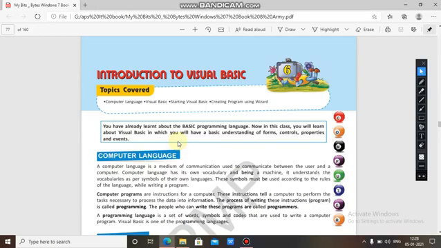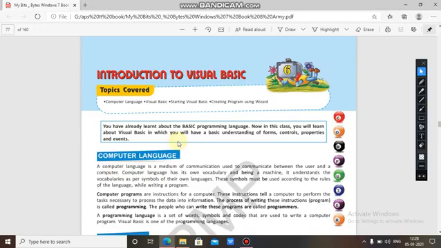We will be learning about computer languages, that there are different computer languages. In that we have seen C++, FoxPro, Python, many different languages. So first we learn what a computer language is. Then we will learn Visual Basic, which is also a computer language. Then how to start Visual Basic and create a program using the Wizard. With the help of the Wizard we are going to create a program.